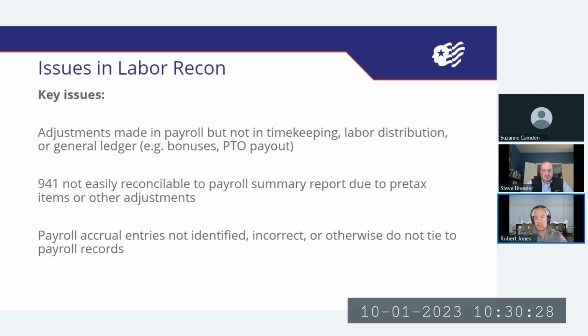We start finding the issues in Schedule L, but what we discover is that sometimes there are things that only affect Schedule L, but oftentimes there's an underlying problem in what was reported as direct labor or G&A labor or overhead labor. Now that means going back and fixing the other schedules, which is going to affect your rates, and those rate changes are now going to flow throughout all the other schedules.